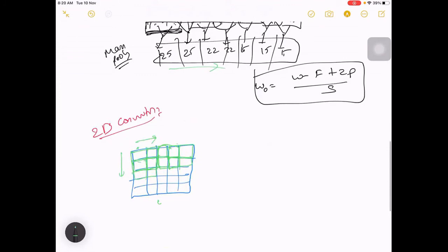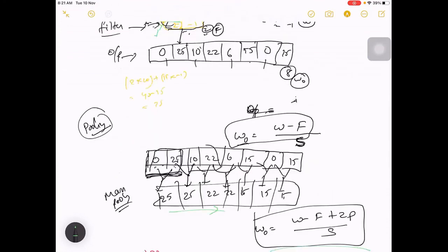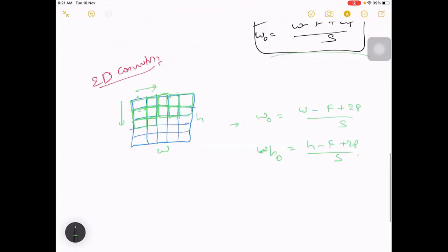So here if it is W, it is H. Similarly, your output will be, if you take the same filter size F and the same notation, W minus F plus 2P by S. Similarly, for H, your output will be H minus F plus 2P by S. It has the same formula, just that we are extending from a single dimension to two dimensions, where your filter will also have two dimensions.